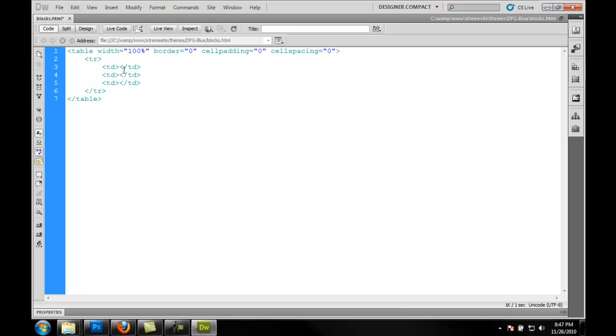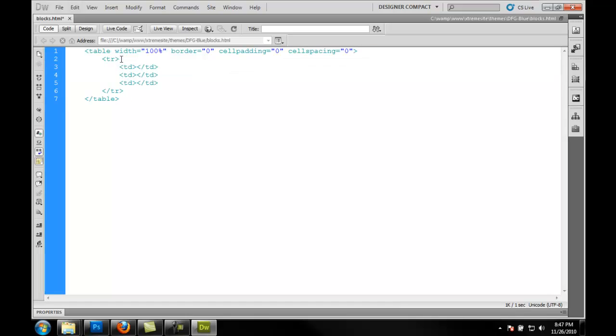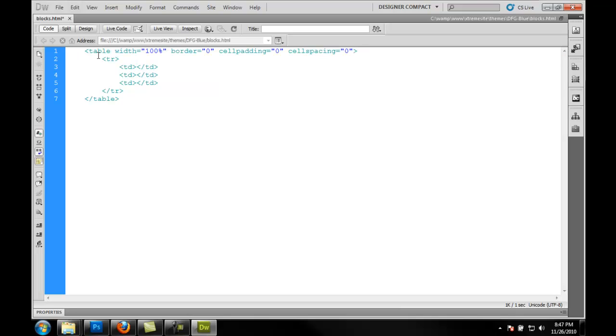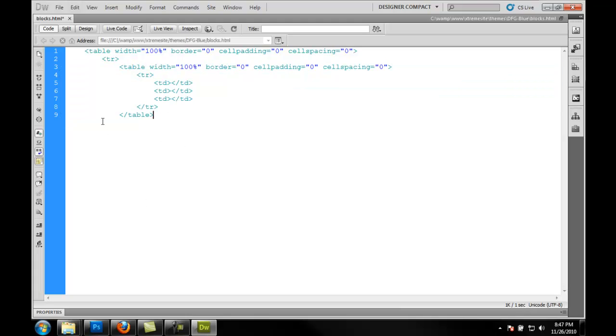Now, what's cool about this is that we're actually going to copy this section here, and we're going to drop this table down 1, and then we're going to paste this in here. Now, I can't stand the tables to be kind of weird, so once you paste that in there, you just come down here and,